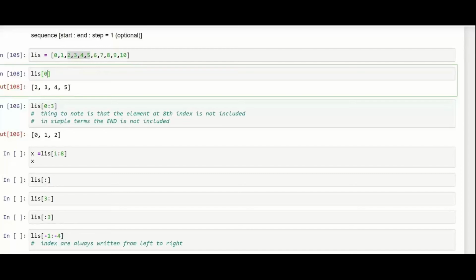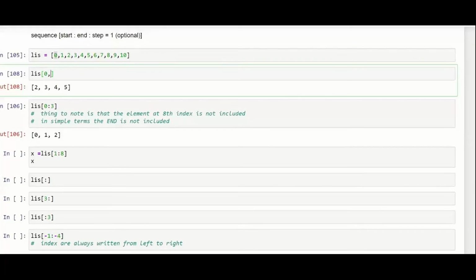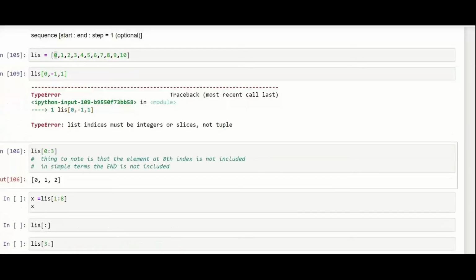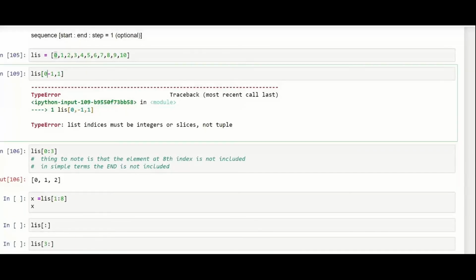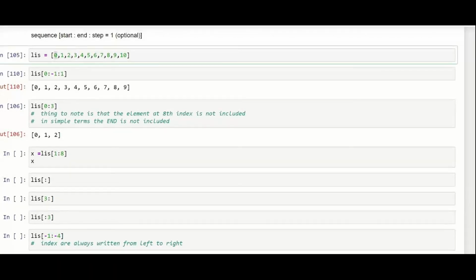And there is one more functionality in this. When we start with 0, that is index 0, and we are going to -1, which means the last element. As I've shown you, -1 will give you this, that is 10. And here you need to give a step size also. So if I give a simple step of 1, sorry, they will be colon separated. So as you can see here, it is simply printing the values from 0 to -1.